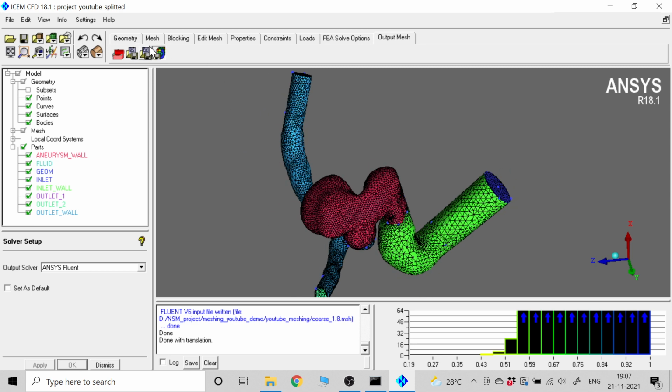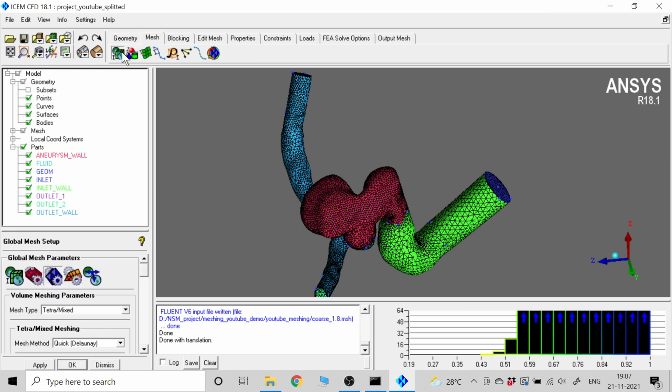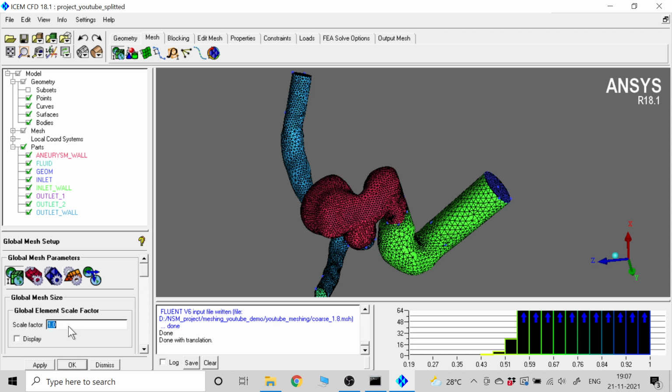particular mesh by going to the mesh option, going to the global mesh setup, and here changing the scale factor to 0.5. What it basically does is it reduces all the parameters that we have set till now by a factor of 0.5, and we will click apply. We don't have to change anything else, and we'll go for